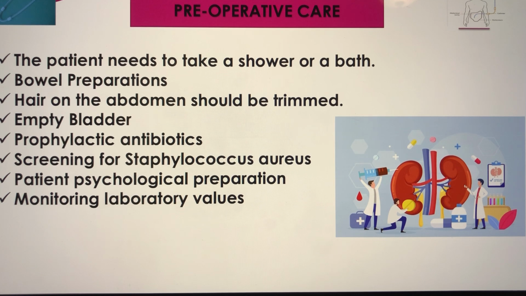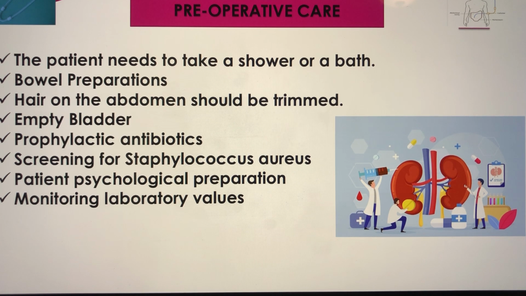Preoperative care of the Swan neck catheter. The patient needs to take a shower or a bath to reduce the number of germs on the skin. Bowel preparation using Colyte or PEG is key for catheter function post-insertion. Prophylactic antibiotics prior to PD catheter insertion, usually 1 hour prior to insertion. Monitoring laboratory values such as CBC and INR, and holding blood thinners prior to the procedure as per hospital guidelines. Screening for Staphylococcus aureus,